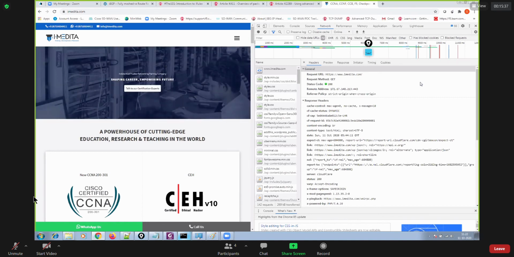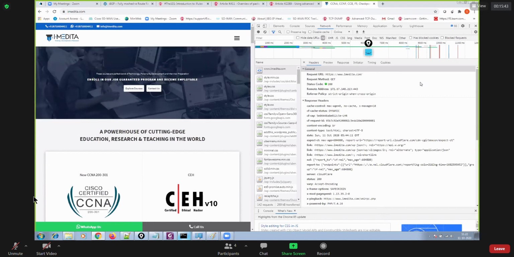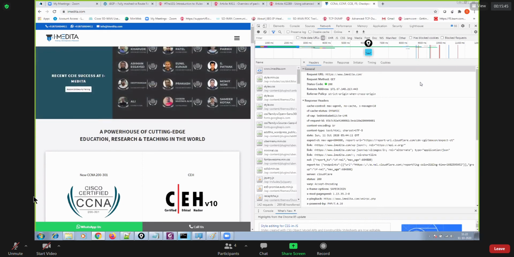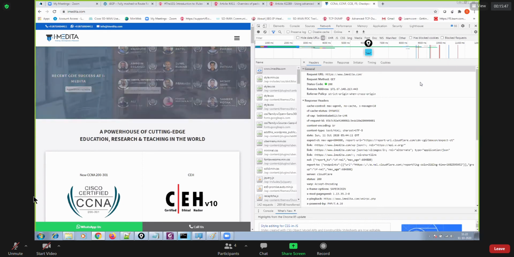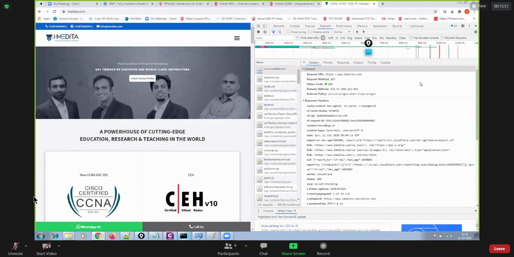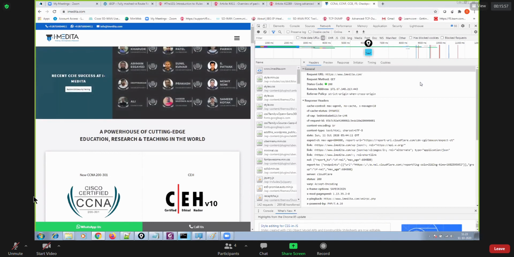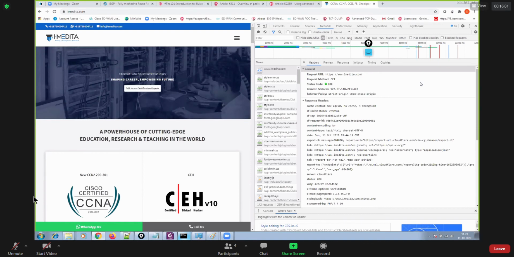So SSL could be one of the reasons. Thereafter, sometimes even if your SSL certificate is okay, the client machine is using an old version of browser which is using TLS version 1.0.